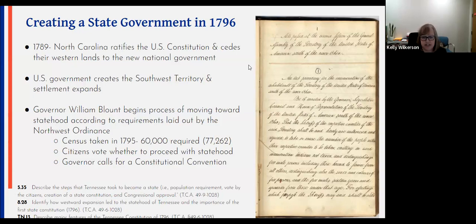At that time, there were 60,000. A state was required to have 60,000 people living in the state in order to become a state. That was a requirement of the Northwest Ordinance. Of course, here in Tennessee, when they took that census, they identified 77,262 residents. The next step that needed to be taken is that the citizens would vote on whether to proceed with statehood. And of course, they did vote to do so, which led the governor to call for a constitutional